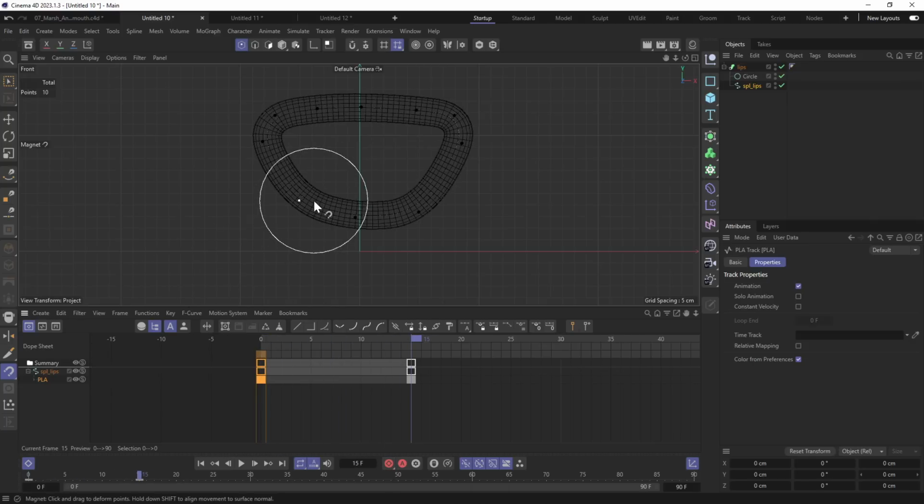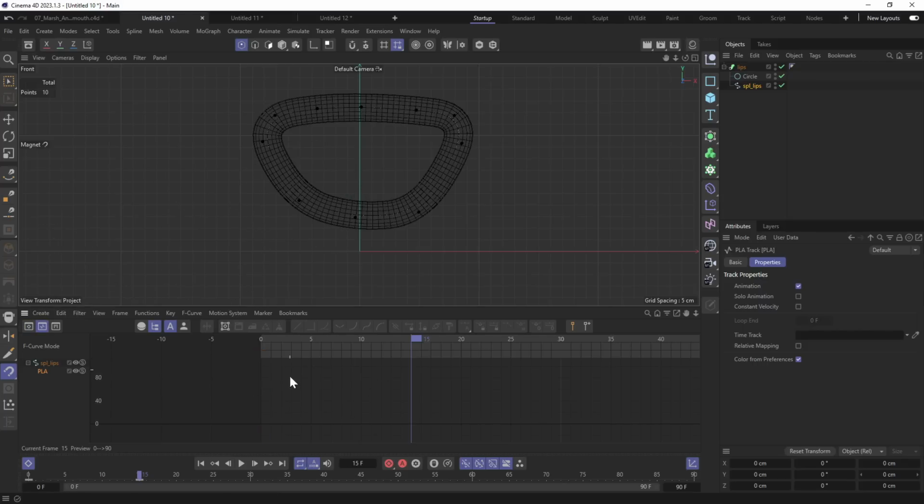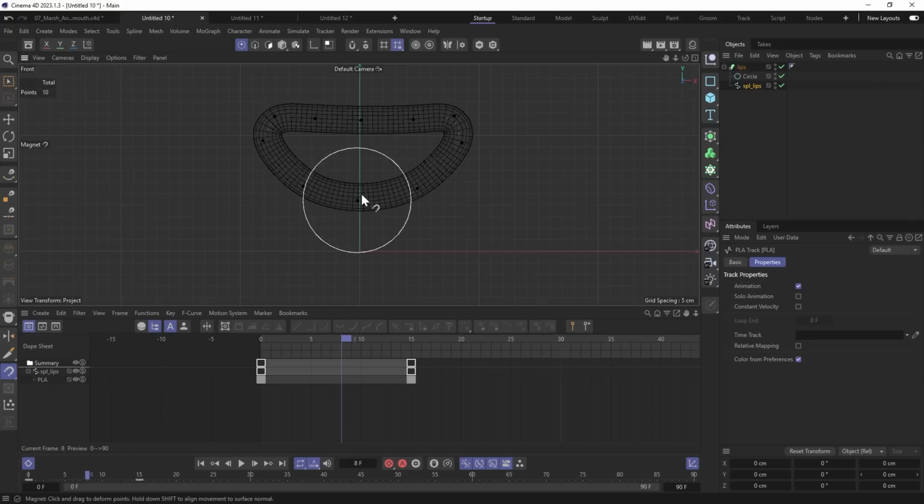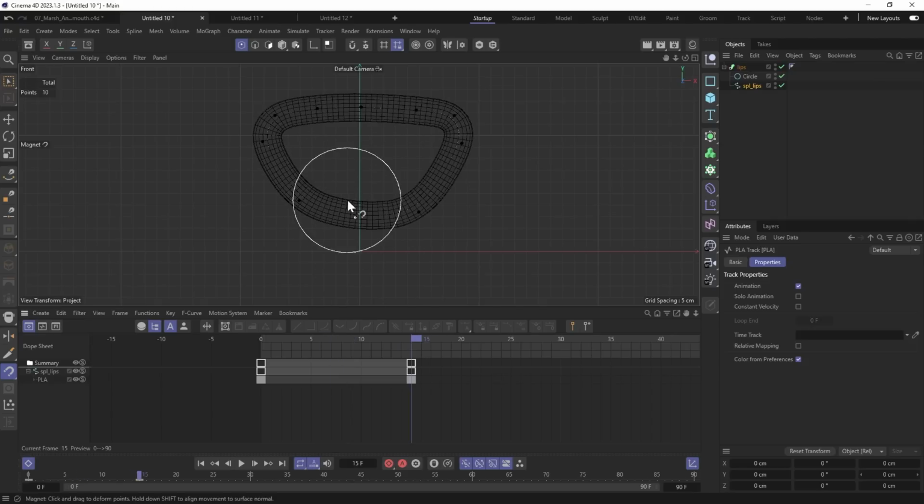This way we can create new poses very quickly without creating new sliders in pose morph tag. But there is a drawback: we can't control the interpolation curves. In PLA it is always linear. But in this case it's not so bad. We'll animate in 12 frames per second and we will fix the shape of the mouth in every frame manually. You can quickly scroll the slider, change the shape, create a keyframe.